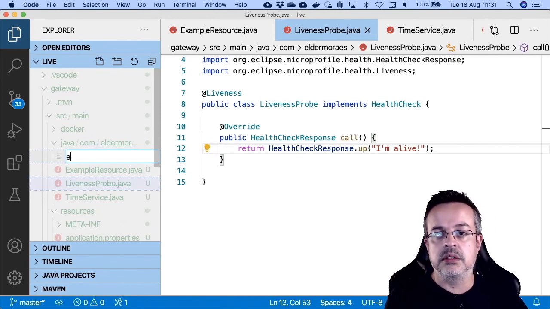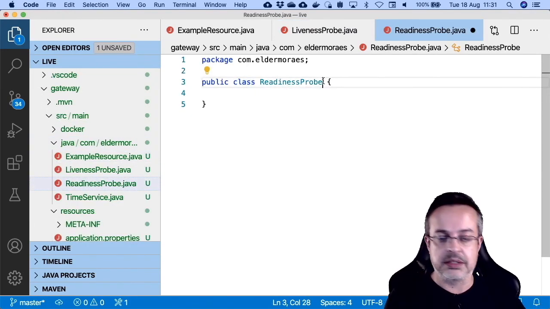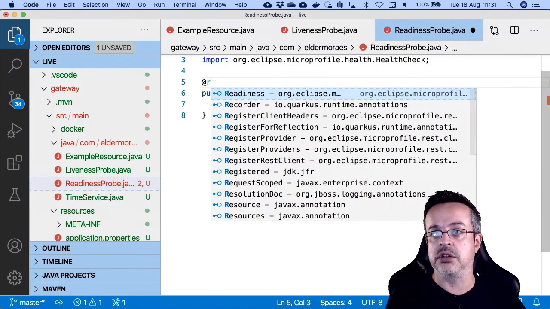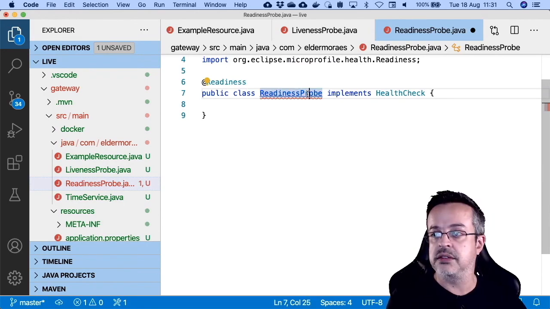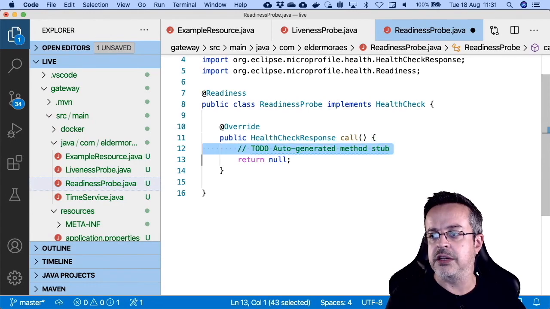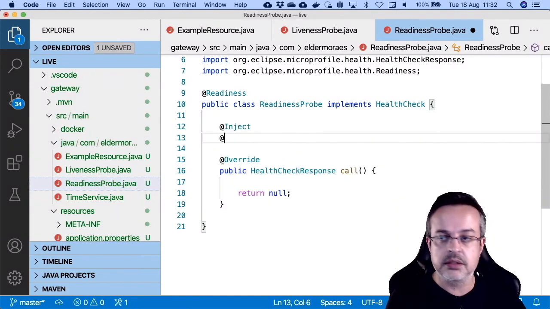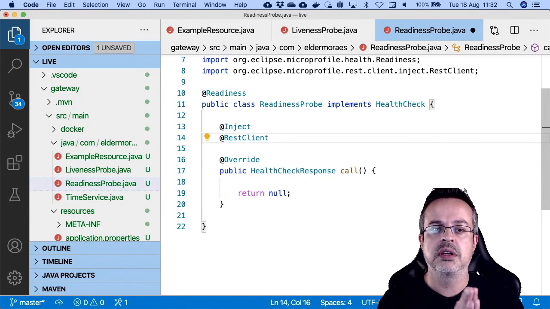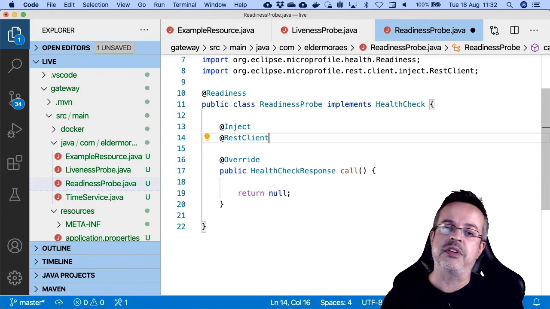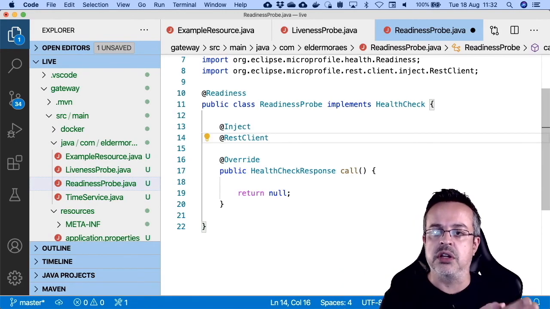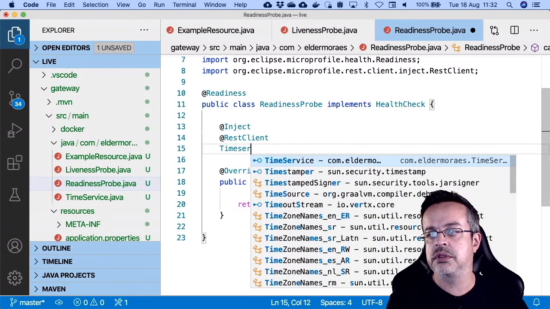But the readiness, yes, it is a little different, because as I said, the readiness means, yes, I can be live, but not necessarily I'm ready. So let's have an example here. The annotation is different, is readiness, but the interface is the same, but the way that we implement is different. What I'm gonna do here is to inject actually my REST client, because for this microservice, I'm considering that it will only be ready if the other microservice is ready as well. All right, could be a database, another service, a web page, I don't know. But for this case, I will consider ready if the other service is also available. So time service,